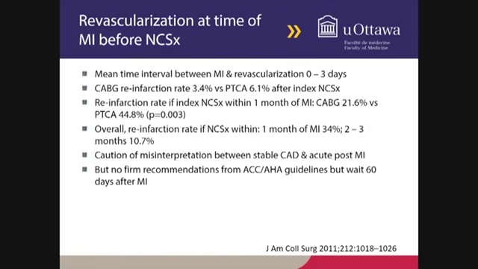What is also important for us to know is that this is in a group of patients with acute MI, and then you decide what to do. That's quite different from somebody who has angina coming for a non-cardiac surgery, and then you decide what to do. So those are 2 different denominators, 2 different populations. So don't confuse the finding of this study versus what I just said in the last 4 slides.